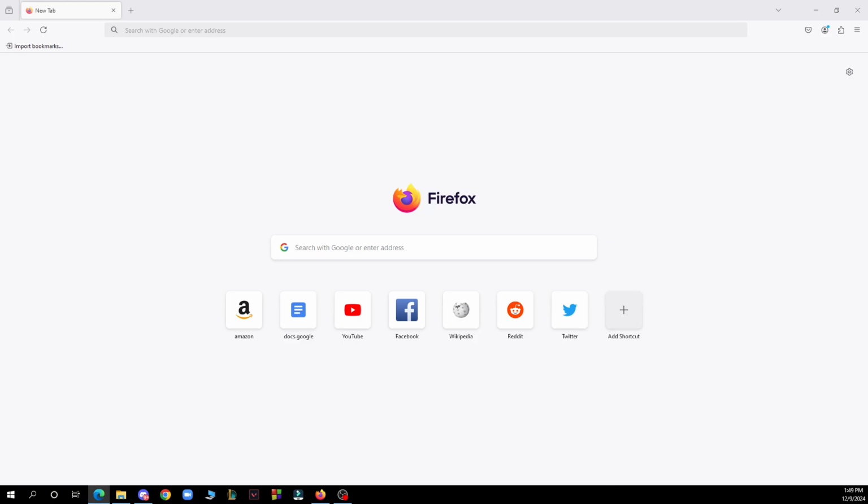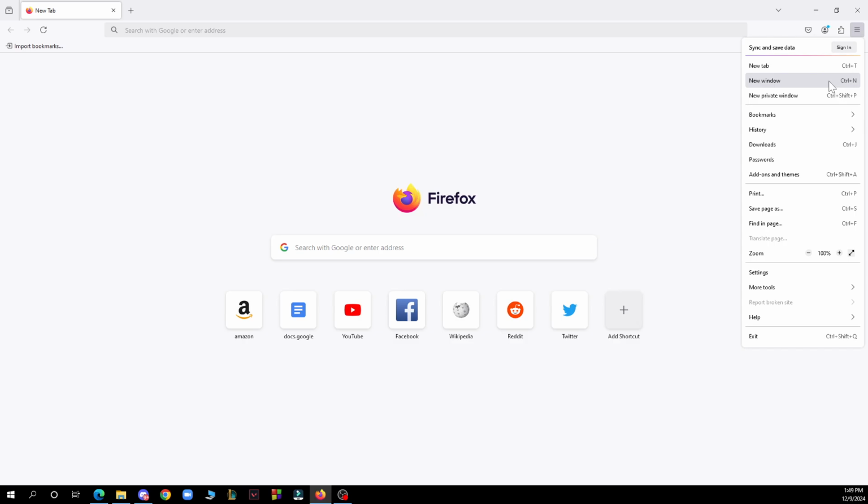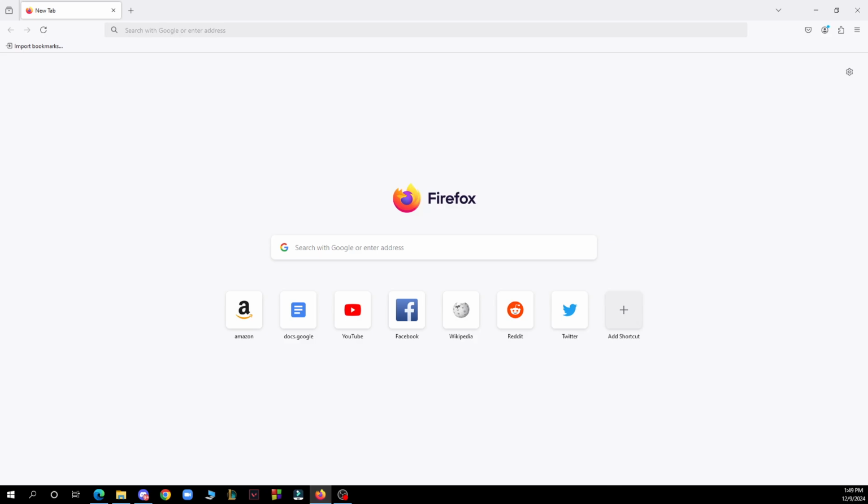But now guys, let's see what we actually have in front of us here. In the middle of the screen, as you can see, we have the search box, and we have it in the top side of the screen also. We have the add shortcuts. You can add a tab by clicking here. And in the top right corner, we have the 3 horizontal lines where you can check out a lot of different settings. But now guys, let's see how you can actually go and hide the address URL bar on